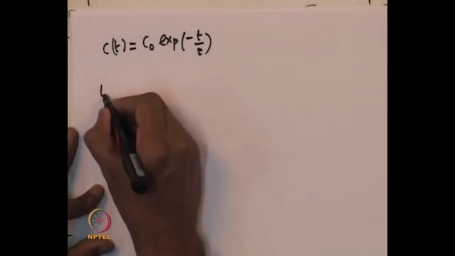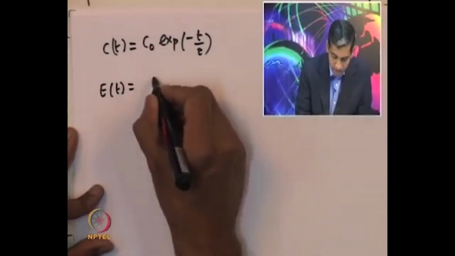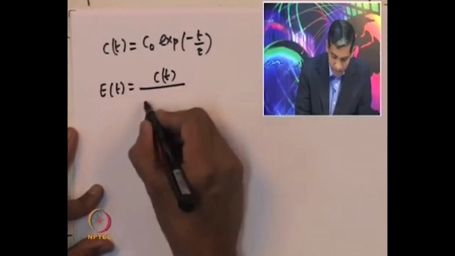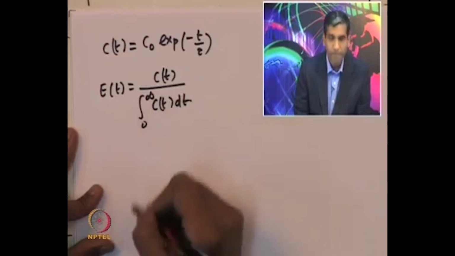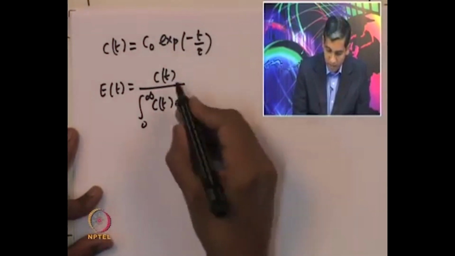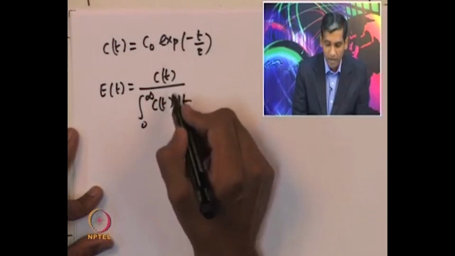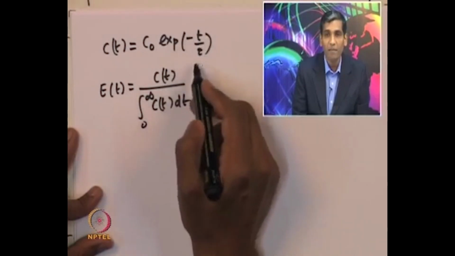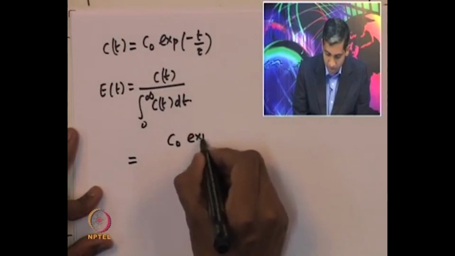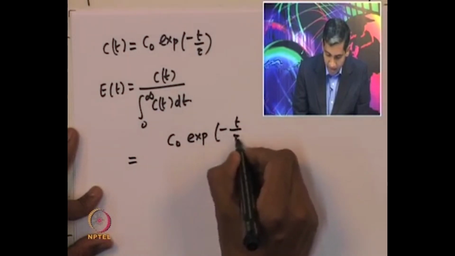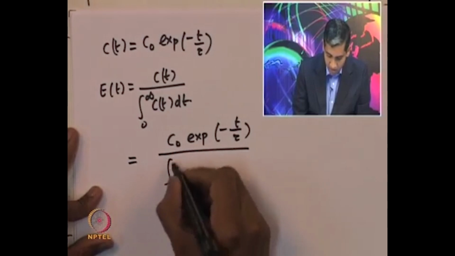From this we can find that E of t is given by C of t divided by the integral from 0 to infinity of C of t dt. Now we know the expression for C of t, so we can plug that in here. It is exponential of minus t by tau divided by the integral from 0 to infinity